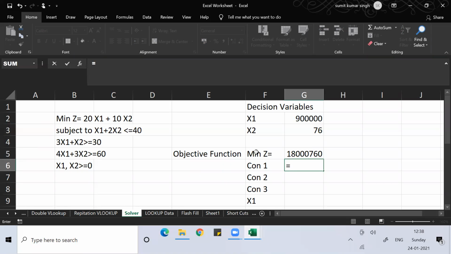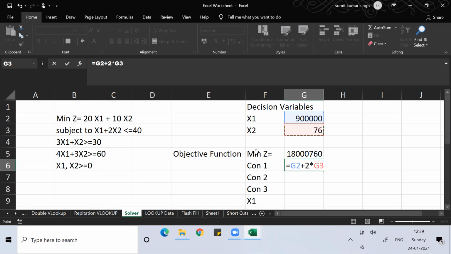Now, what is your constraint 1? You can see three constraints are there. One is x1 plus 2x2 should be less than or equal to 40.